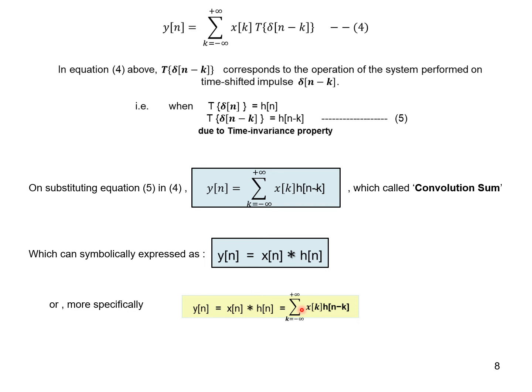Now let us recapitulate what is studied so far and try to summarize. We have come to an important conclusion now, that is, for a DT-LTI system, we can obtain the output of that system for any input by using what is called convolution sum. This entire formula is called convolution sum, convolution operation, symbolically shown as this. It's like addition, you have the plus symbol, subtraction the minus symbol, multiplication the x symbol, division another symbol, convolution you have this symbol. Convolution has addition in it, multiplication in it, and time reversal, shifting, everything involved. It's a complicated operation which can be understood only by problem solutions, as you will do in the next discussions.